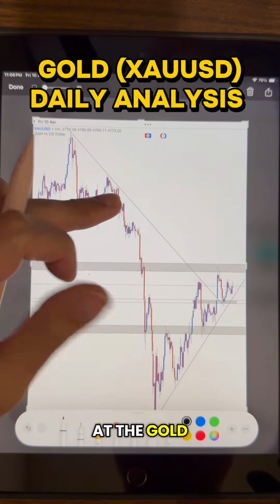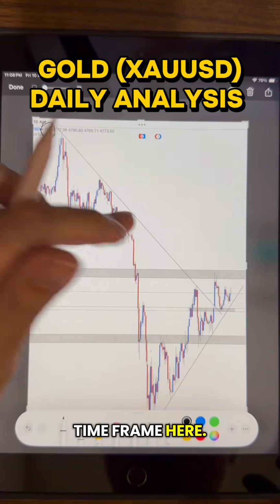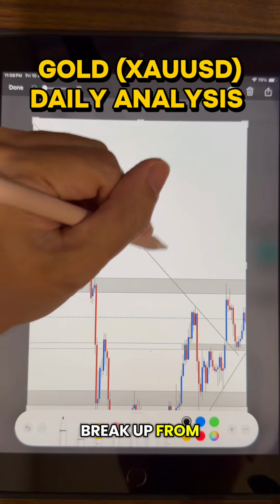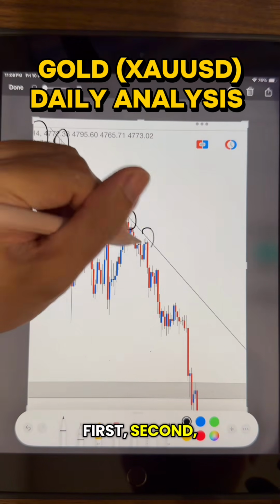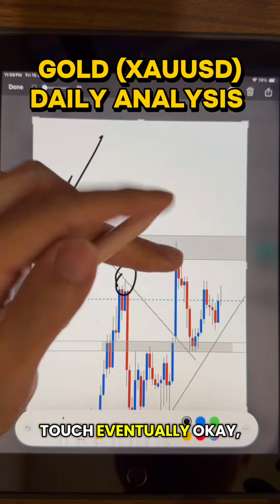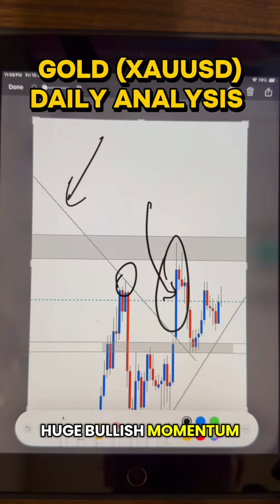So let us take a look at the gold market again today. Alright, so this one is H4 time frame here. After gold broke up from this particular H4 trend line, after the first, second, third touch, fourth touch, eventually, the fifth onwards, you usually break out with a huge bullish momentum over here,